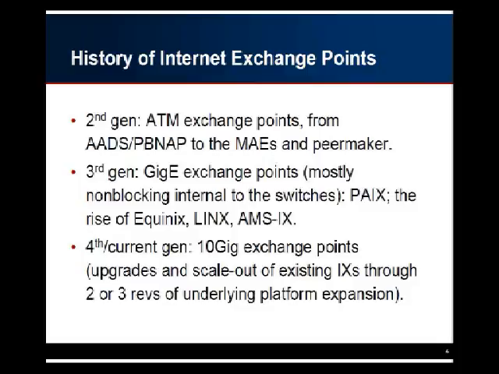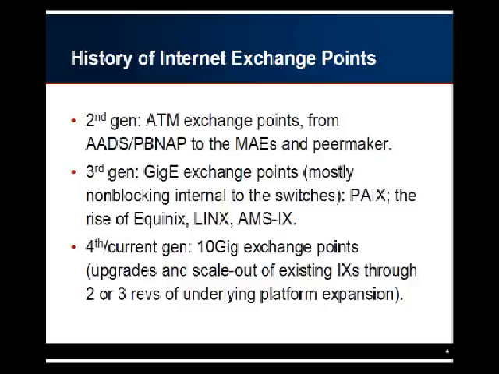The second generation of exchange points was ATM. You had everything from AADS to Pac Bell NAP. Eventually the MAEs went to ATM, and you had OC3 and OC12 speeds, and you had this program called PeerMaker that built all your interconnections on the MAEs. And then the third generation was the Gigi exchange ports. This is when basically ATM died, thankfully,